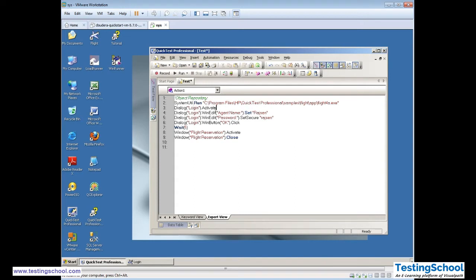Second, your application should launch automatically, like this one. This is the line which is launching the application automatically, SystemUtil.Run. Again, your application should have proper synchronization so that the application is able to launch properly. Third, it should also close automatically so that you can run the same test again, like suppose there is only one user as of now, but you want to log in for 2-3 users. Shall we try? Let's see.